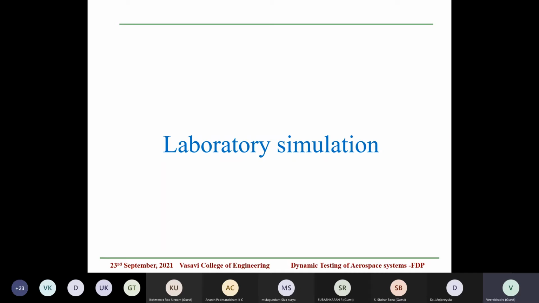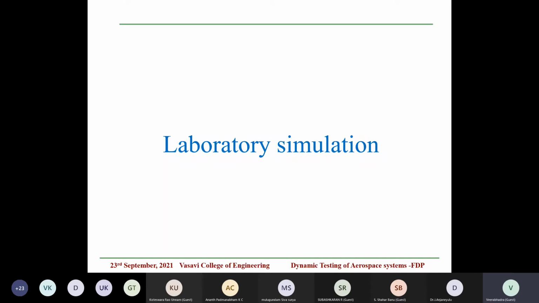That is like if you have a gun firing along with some motion of the helicopter or motion of the aircraft, jet aircraft, you have both simultaneously occurring. So whatever it may be, different combinations of environments are possible, but basically the two are sine and random. So now how to simulate sine and random?